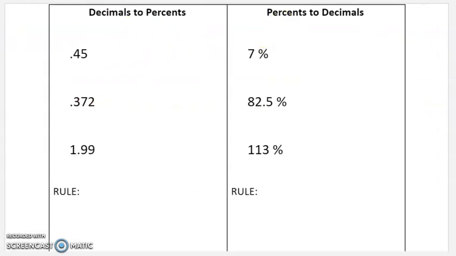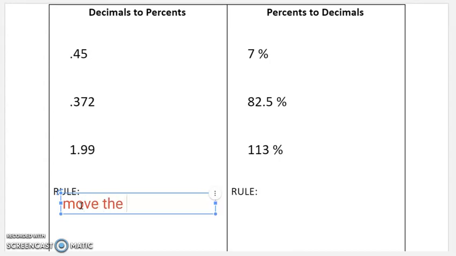So now what we want to do is we want to convert between these. This is going to be a common theme for this year, is we're going to be given percents and we're going to have to convert to decimals, or backwards. We're going to have to do things the other way. So first things first, we're going to talk about our rule for converting from a decimal to a percent. So again, my rule is going to be right down here, and we can just type it right in. If I'm starting with a decimal and I want to become a percent, all I have to do is move